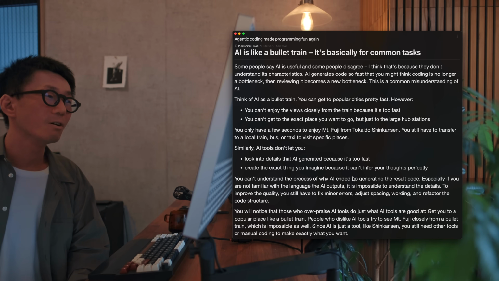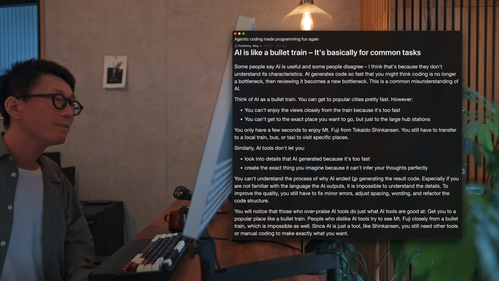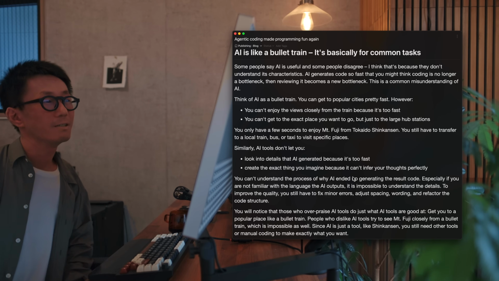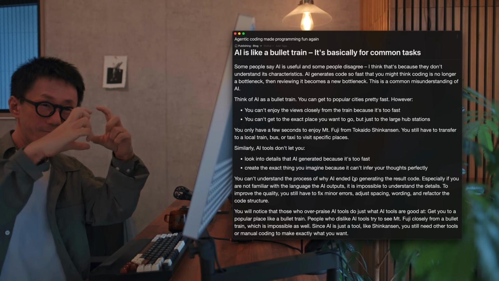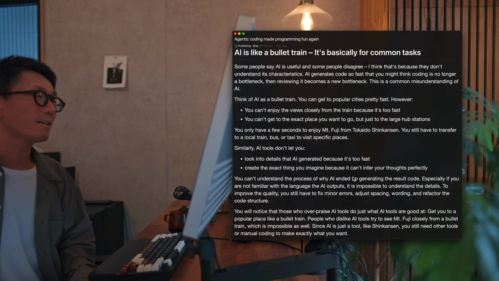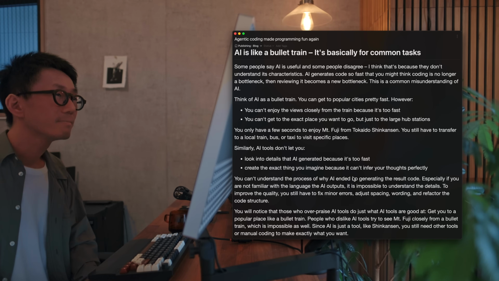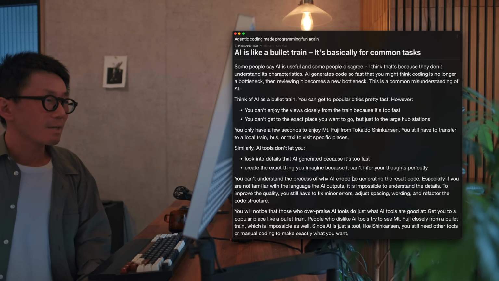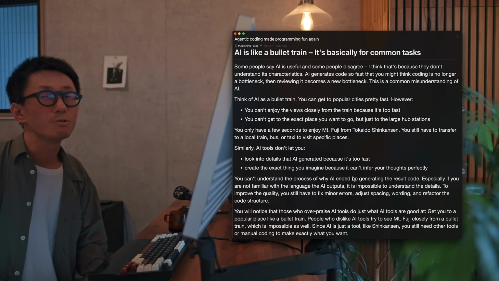If you are on the Tokaido Shinkansen, you only have a few seconds to enjoy Mount Fuji from far away. It's very small in the window. And you still have to transfer to a local train, bus, or taxi to visit specific places, like temples, hotels, things like that. Similarly, AI tools don't let you look into the details that AI generated